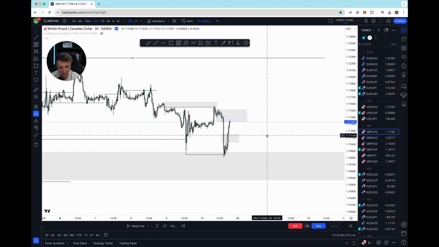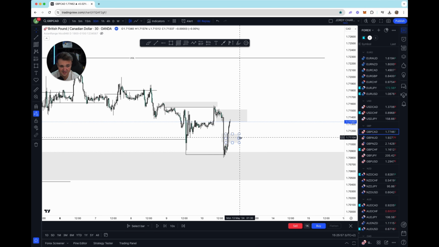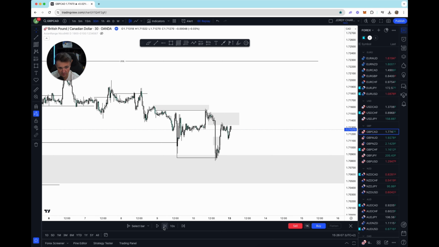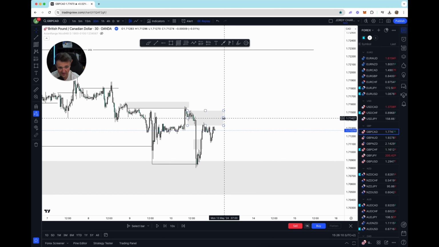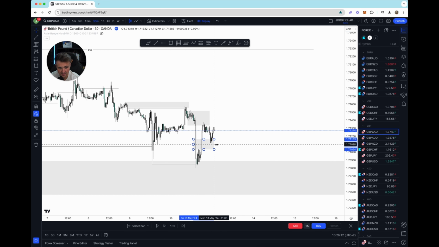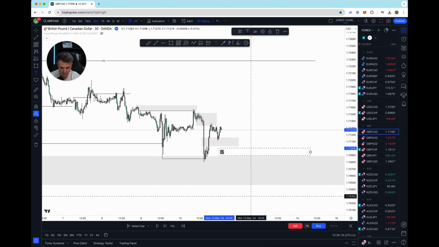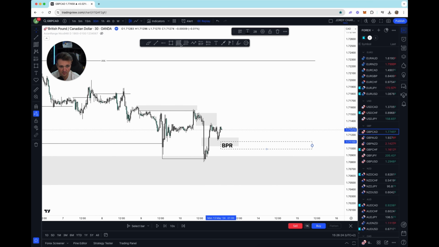So as you can see, we have two imbalances countering each other out. So that's already a strong indication that, so there's a lot more to it, but I'm just going to give you the simple version. What is happening? We're still respecting it. Are we respecting it strongly? No, because we are fighting between this order block right here and this BPR. So quite simple. If you want to look up these things, this is a BPR, which is a balanced price range. You can look it up. It's from ICT, or I think it's from ICT. I hope so. So this is a balanced price range.